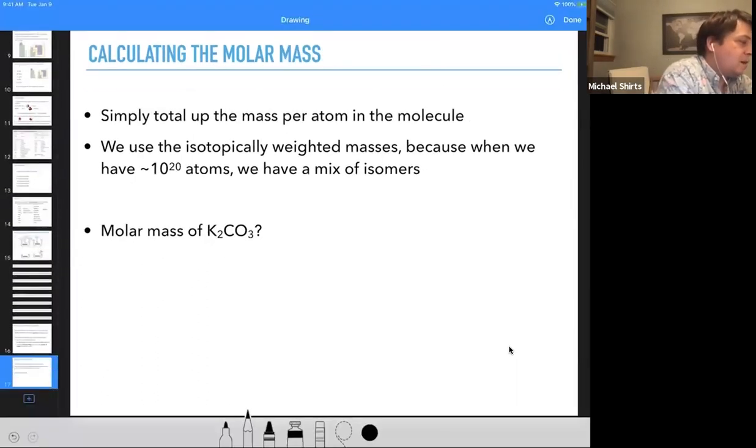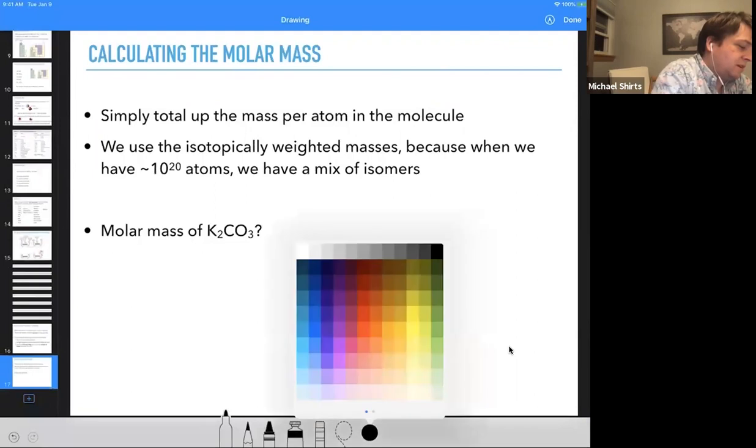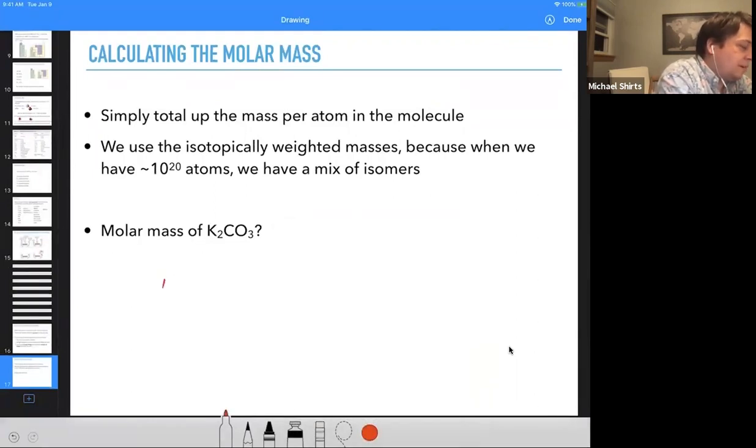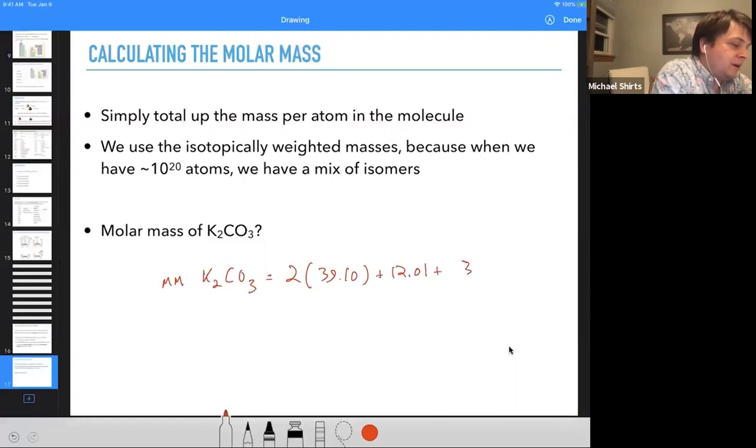So the molar mass of K2CO3 is just going to be 2 times 39.10, which is the molar mass of potassium, plus 12.01, the molar mass of carbon, plus 3 times 16.00, and that gives us